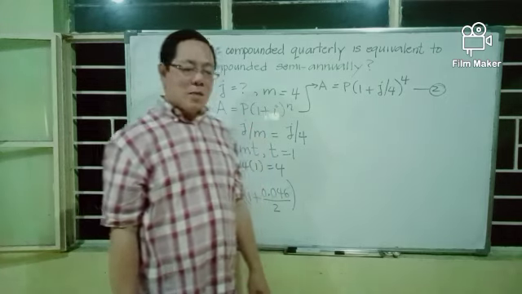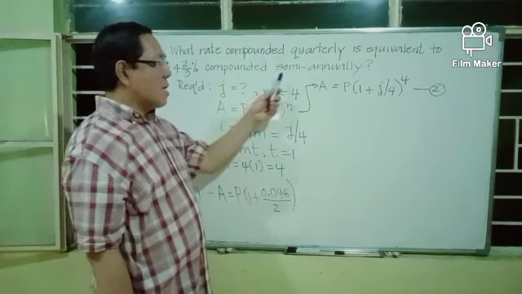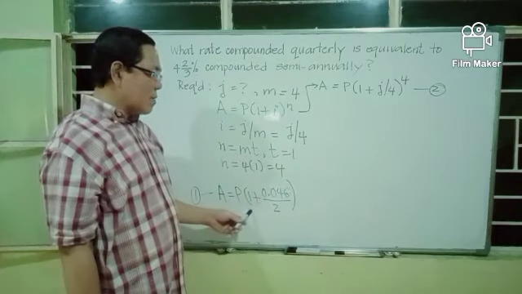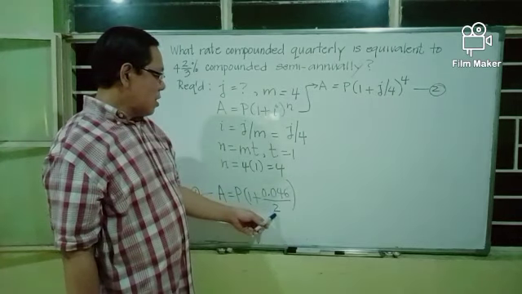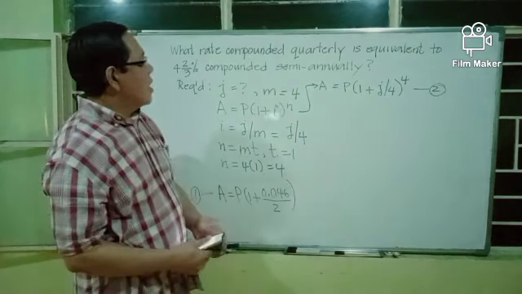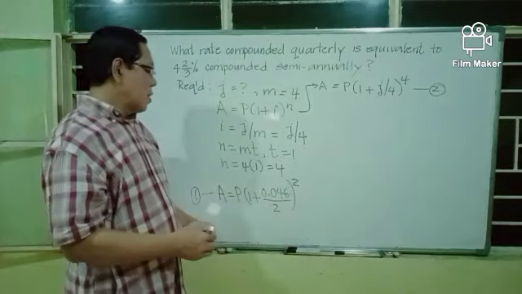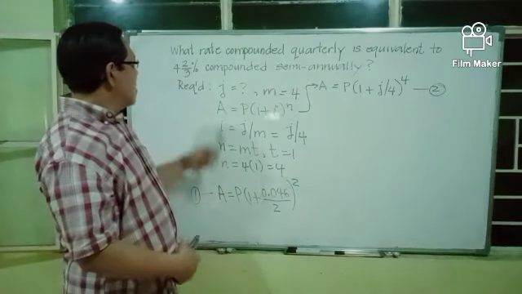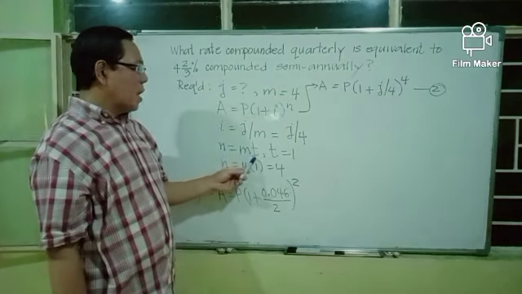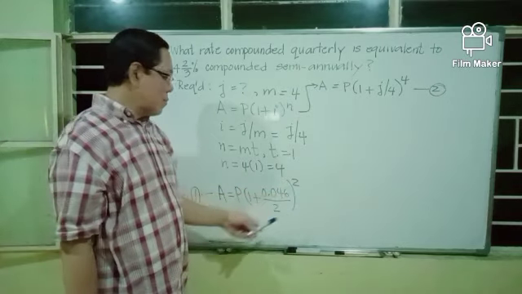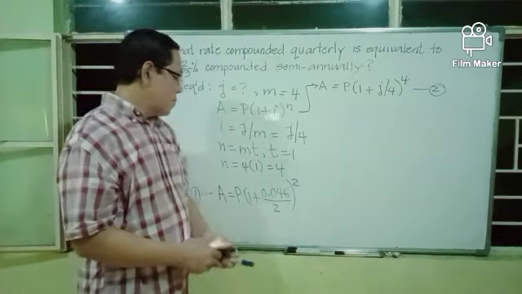accumulated values. So the accumulated value at 4 and 2/3% compounded semi-annually is given by P times quantity 1 plus 0.046 bar, divided by 2, to the power N. Our N here is 2. The exponent is 2. For 4 and 2/3% compounded semi-annually, M is 2, and T is 1. So the exponent is 2. And this is the accumulated value at 4 and 2/3% compounded semi-annually, P,